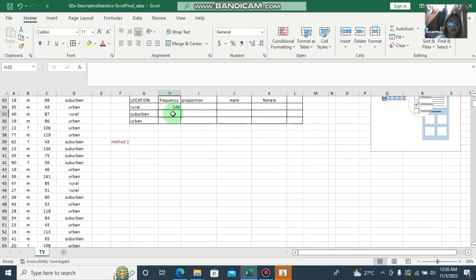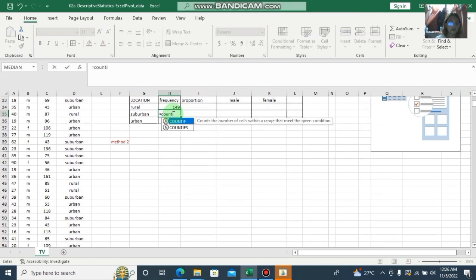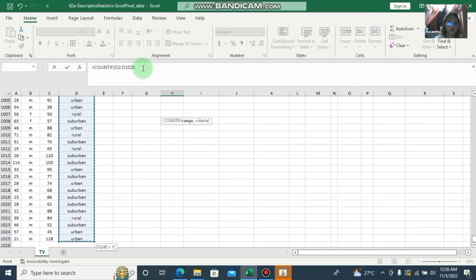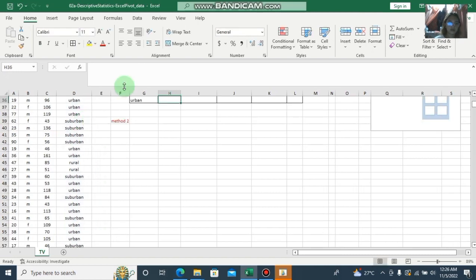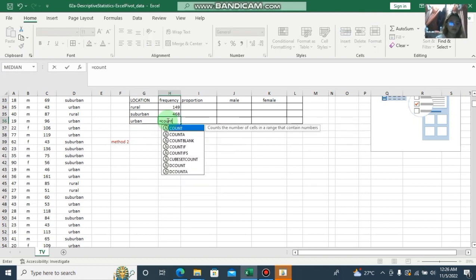So equals count if location, control shift down arrow, comma, suburban, click enter. So 468. So next is the urban, equals count if